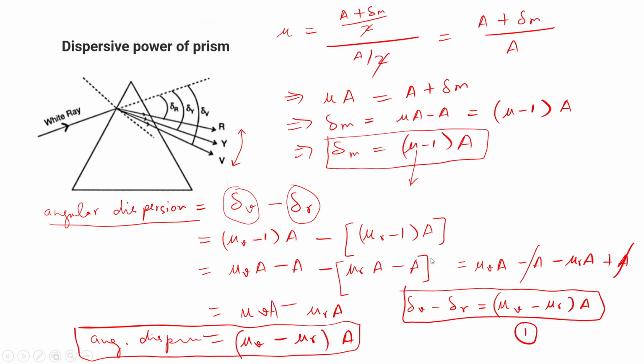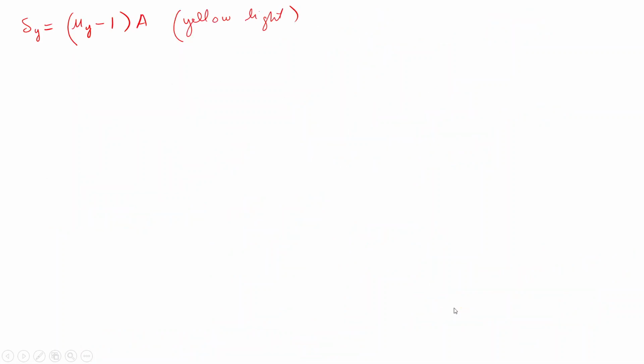And this was the angular dispersion that we covered between red and violet. And this particular one is for yellow light. Taking this as equation 2, when we divide equation 1 by equation 2,